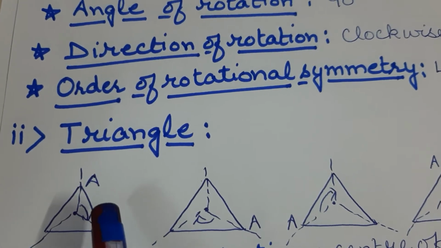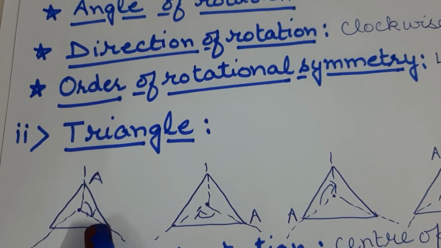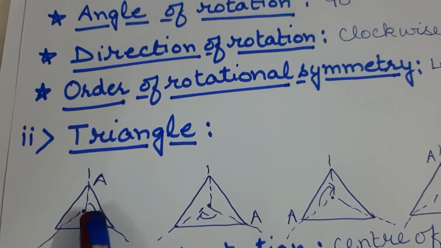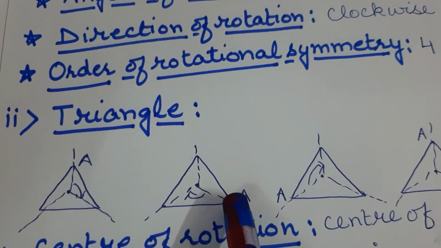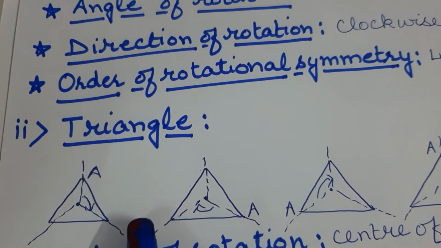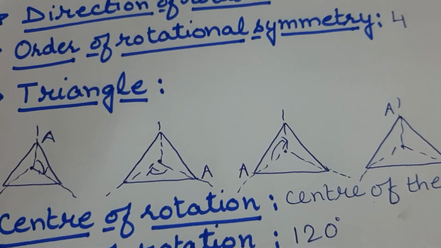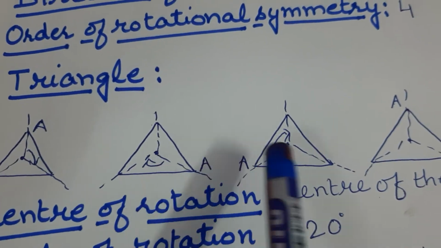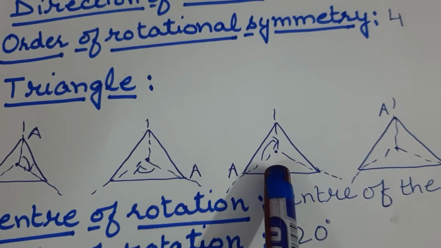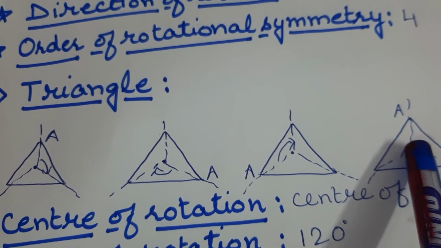And one more important point, that this is possible in an equilateral triangle only. Okay, so this angle is 120 degree. After again rotating this figure by 120 degree, this A will come here. Similarly, this A will go there. Okay, so what is the order of symmetry? Rotational symmetry 1, 2, 3, because after 3 it comes to its initial position.